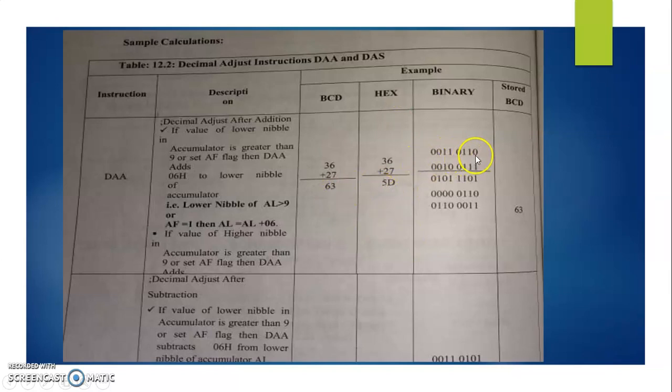So in binary, you have to do a complement. How to complement: 0 plus 1 is 1, 1 plus 1 is 0 with carry 1, so you will get 01011101. Okay, now we will use the complement. Which one do you have to complement? The second one, of the first.